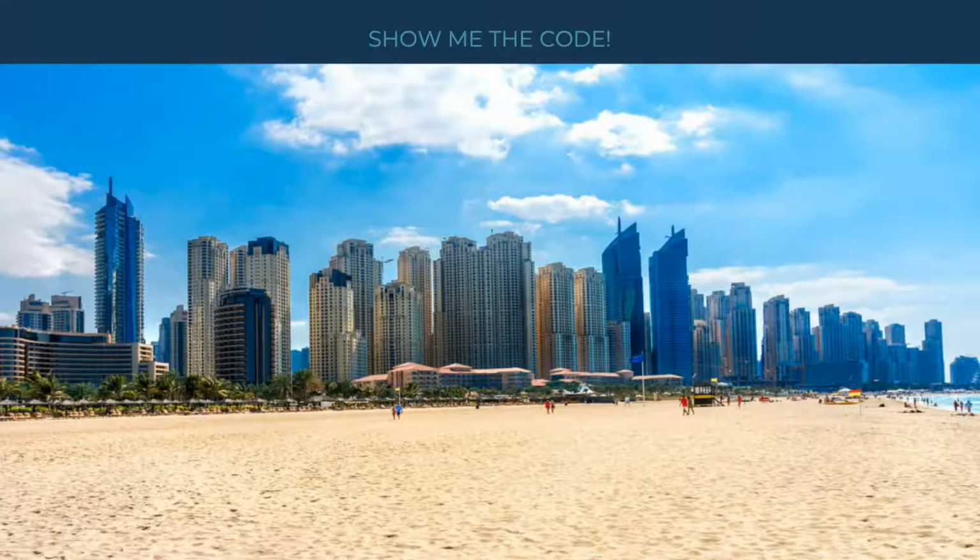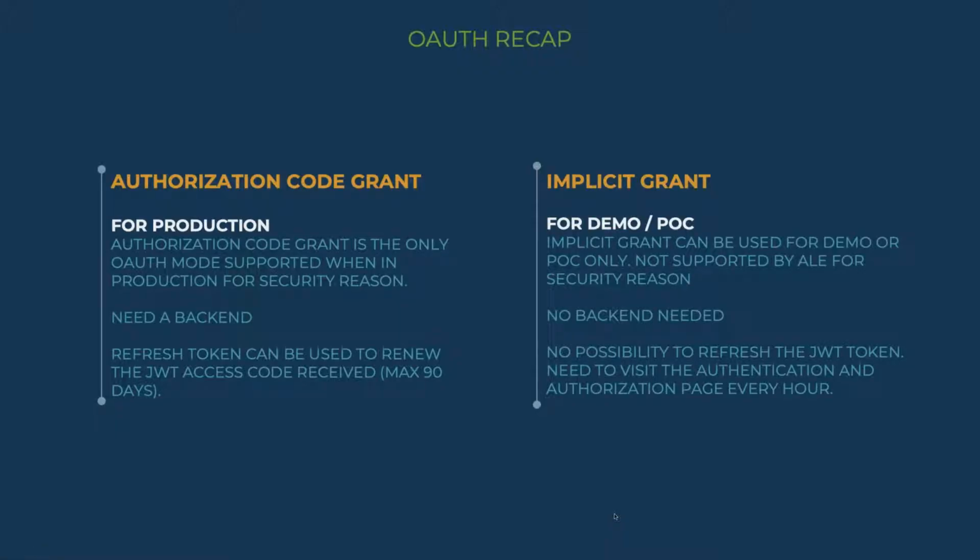Just to make a quick recap on what I showed you in the different demos. I explained that you have two ways to do OAuth that work with Rainbow. The authorization code grant is the way I showed you in that demo.